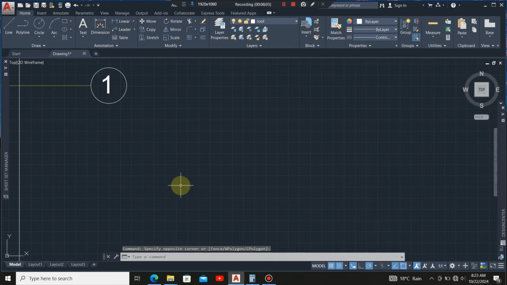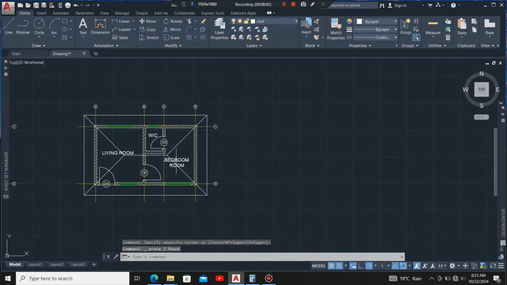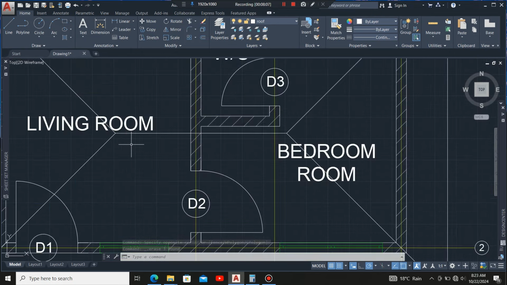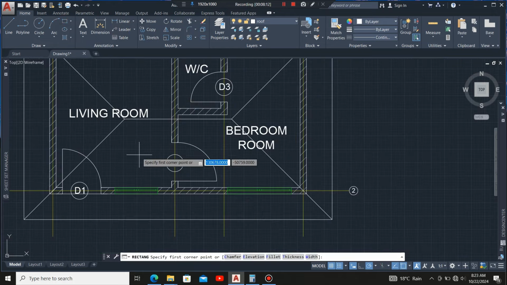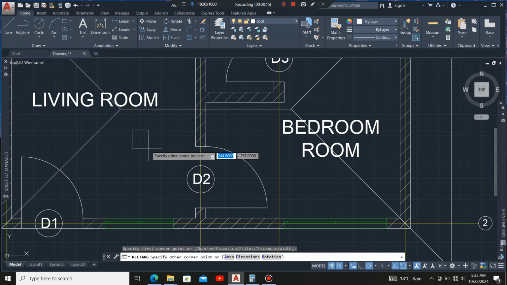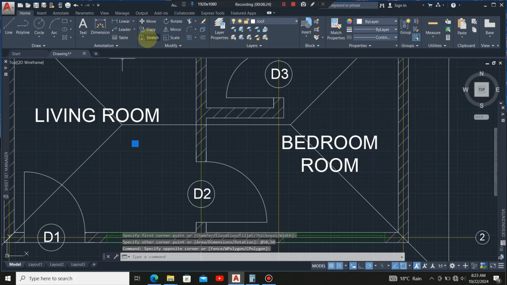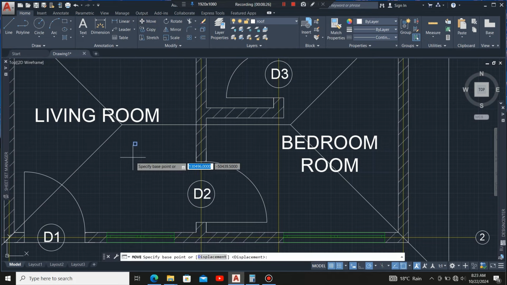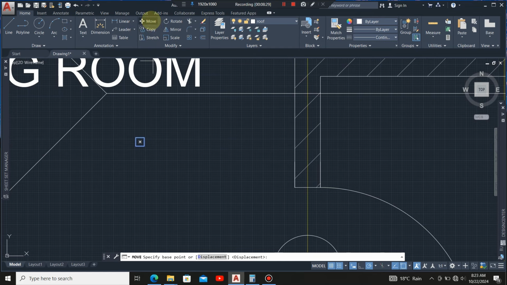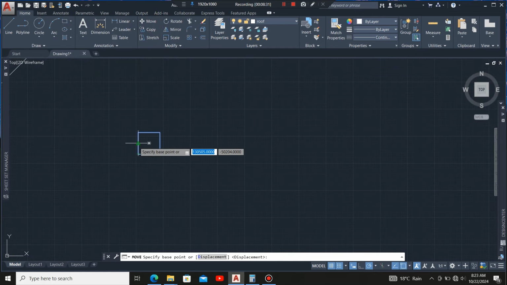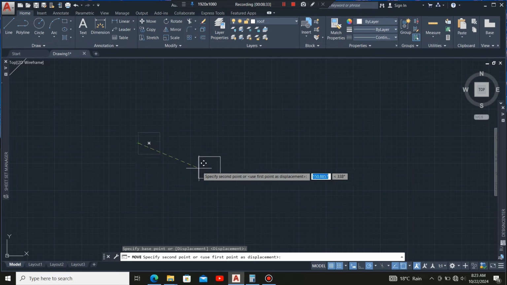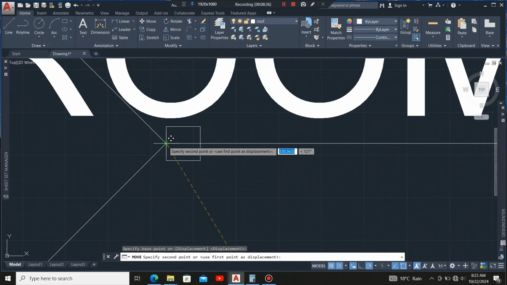So I'll delete this one because I just wanted to use it as an illustration to make you understand what I'm going to do. So I'll draw a square of dimensions 50 by 50, then highlight it, then click at the move command, this one right here, then click at its center, then move it to this point right here. Okay,